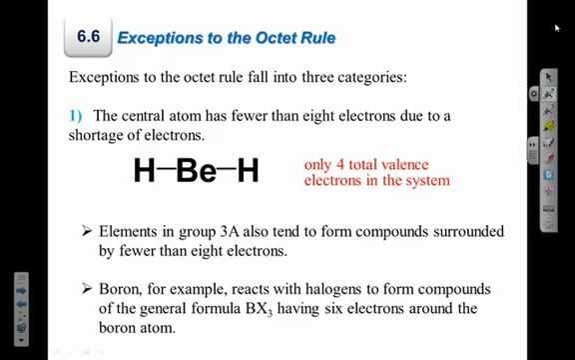So the next section is about some exceptions to the octet rule. We've talked about this a little bit. There are a few elements you want to be aware of. The octet rule is our main rule that we use to help us draw Lewis structures. We want to keep in mind a few of these exceptions because they usually play in situations where formal charge is involved. So for beryllium,